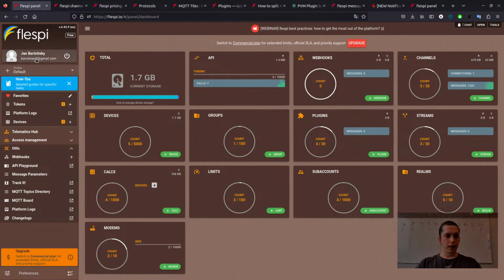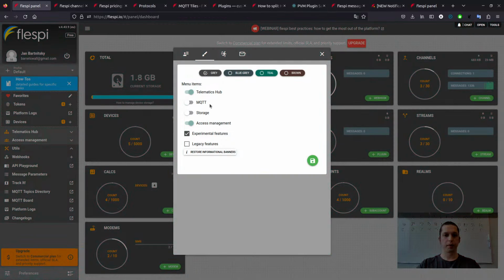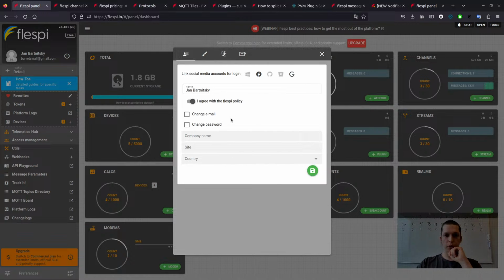Next, if we click on my name here or on preferences here, we will see some tools to set up our panel. For example, change some colors, I prefer gray, or enable, disable some extra features, or change email, change password, or specify your company name. So we will treat you as a pretty valuable customer and give you more support because you represent some huge enterprise. Or not, because we treat all customers equally and all people deserve the best support.